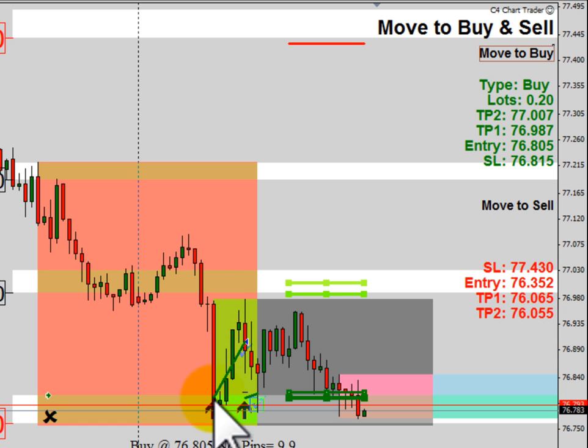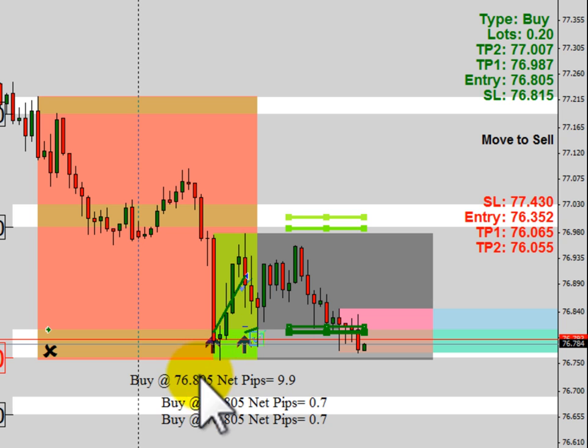Price came down and it bounced off the red, got us into a buy at 76.80. Went up, and when this candle touched this line, there's a little bit of slop there, and sometimes the broker's candles don't match the actual price, but when it got up there and touched the line, it pulled back like the next pip hard. It bounced off of there and it processed my take profit. So I lost a few pips there, but you'll see it processed 9.9 pips,